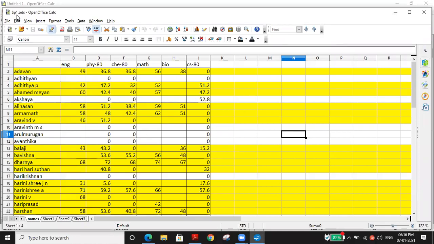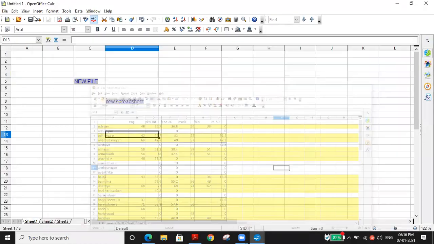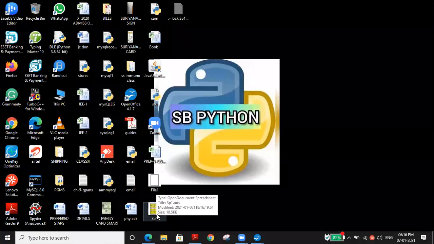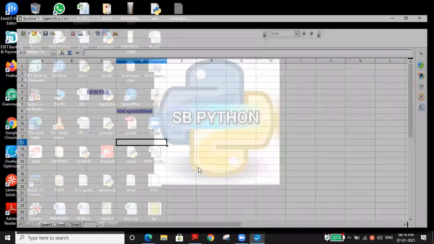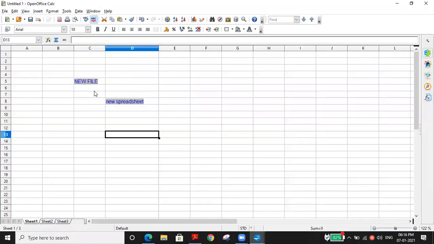The SP1, we have given the file name, correct? So where is the location we have selected? Can you see this? Desktop, correct? So here the original file is there. What about this file, sir? We didn't save so far. Okay, so it's a link. Could you understand? This is a link. Have you understood how to create a hyperlink?